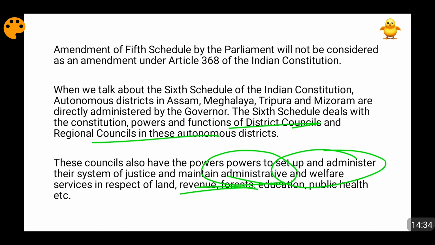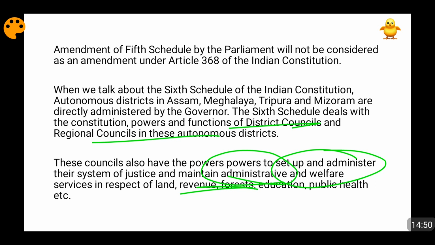Also, how the minerals will be extracted in these areas, how the markets will function, how the schools are going to do basic level teaching, taxation issues. So all of these areas are coming under there. So you can see, friends, that they are having a lot of power. Now see, friends,